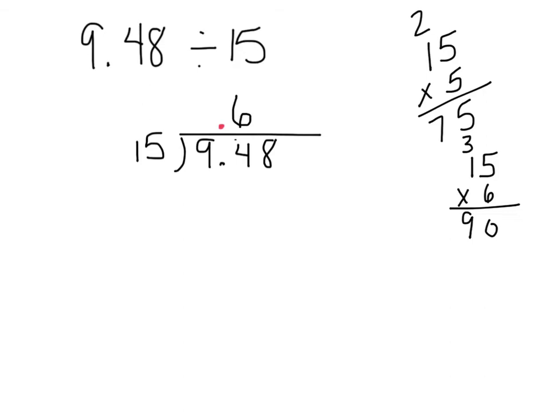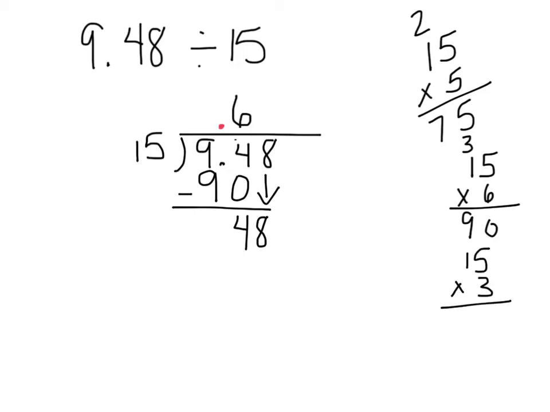6 times 15 is 90. So I'm going to now subtract 90. 4 minus 0 is 4. 9 minus 9 is nothing. Bring down the 8. I'm going to go over to the side again and try 15 times, let's try 3. That is 45. Boy, that's pretty close. So I'm going to put 3 up top,